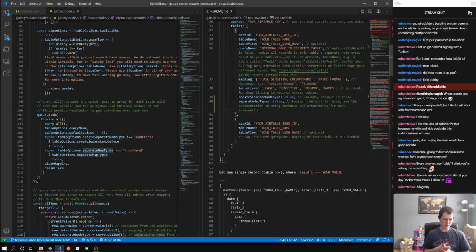So I think that covers that. The create separate node type. We are doing that because